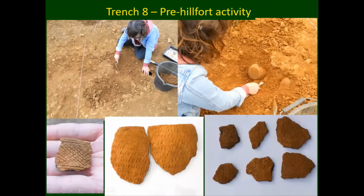I do remember this student's name. She was called Yvonne. This was the first time she'd ever dug on a site, and she was able to find this extremely rare pottery for our area, so that was a fantastic sort of day for her. But quite an interesting addition, certainly to our